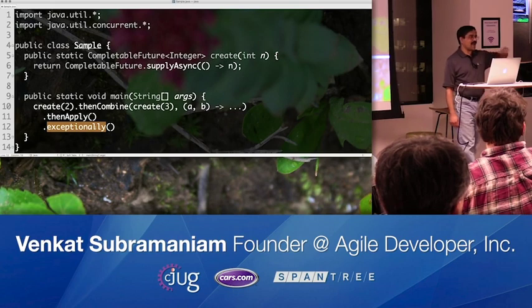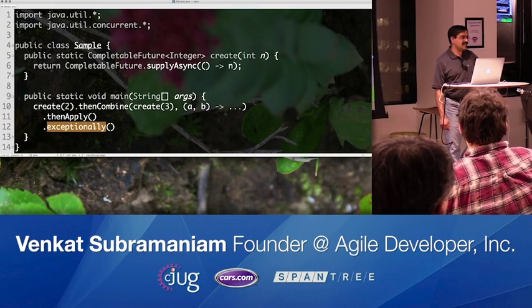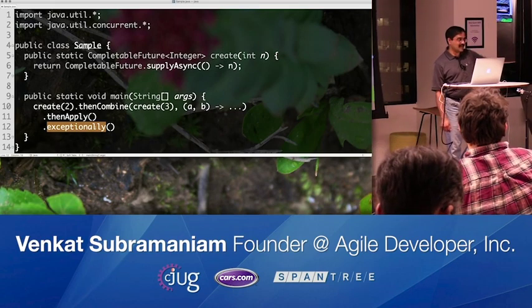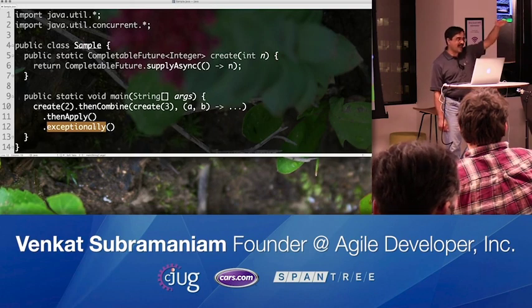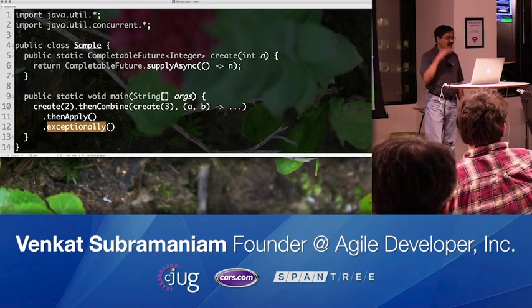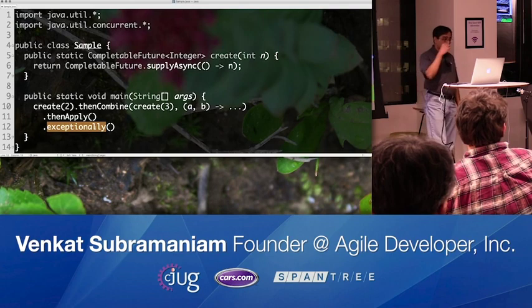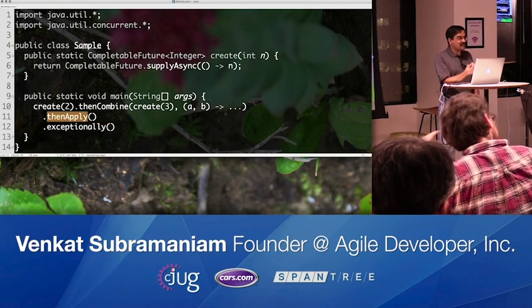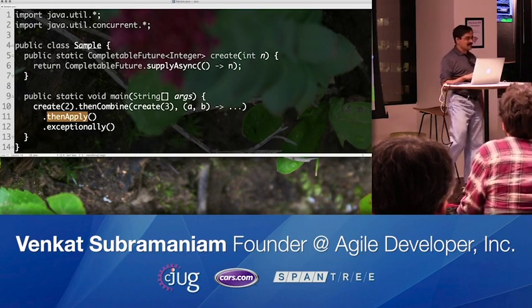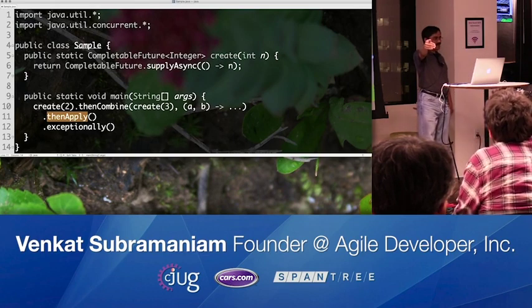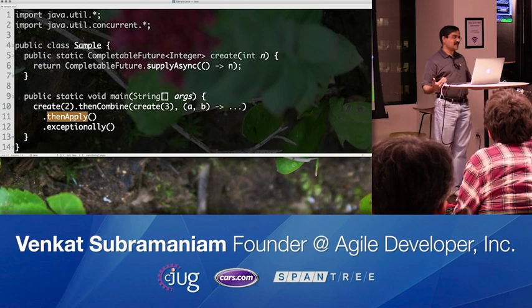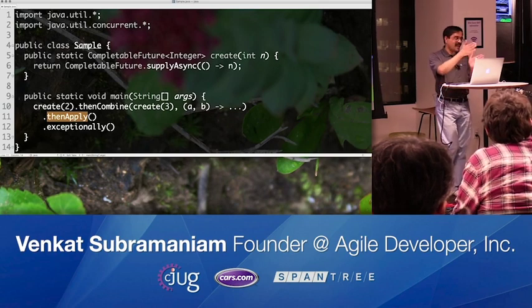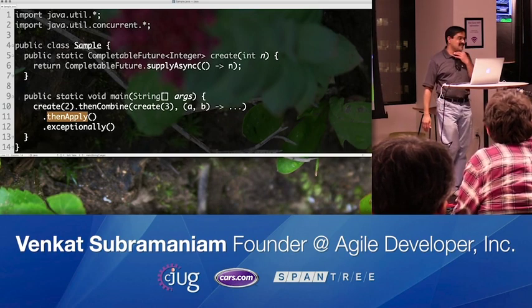Every stage, whatever happens, resolves the next stage. If you are okay, then the next then. If you're not okay, then it's an exceptionally. But every stage you have to decide that. Then apply could blow up also, right? If the then apply blows up, you'll go to the next exceptionally. If the then apply didn't blow up, you'll go to the next then, whatever that could be. So every stage decides where you're going to go next.